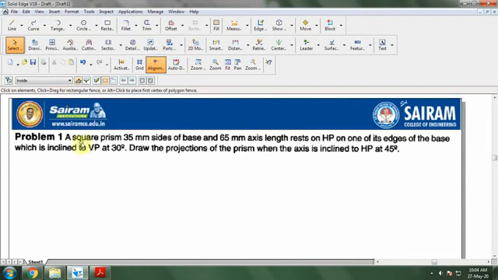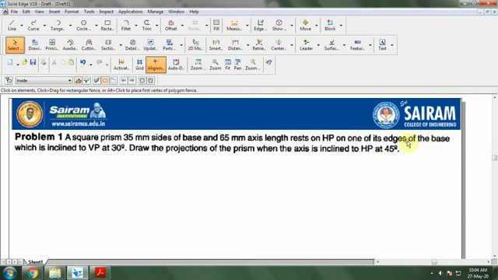So you're going to come on to the solids. The solids are majorly for all the problems, it will be resting on HP itself. So I'm going to start my initial position from the top view. And there will be a condition either it may be resting on an edge or a corner. So initially you're going to take the right hand side as your initial position. So if it is resting on an edge, edge should be on the right hand side. If it is a corner, corner should be on the right hand side.